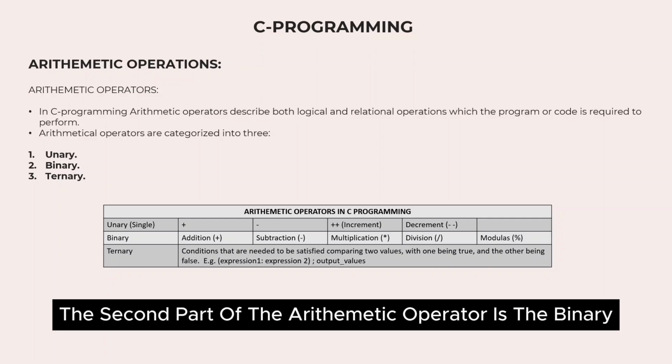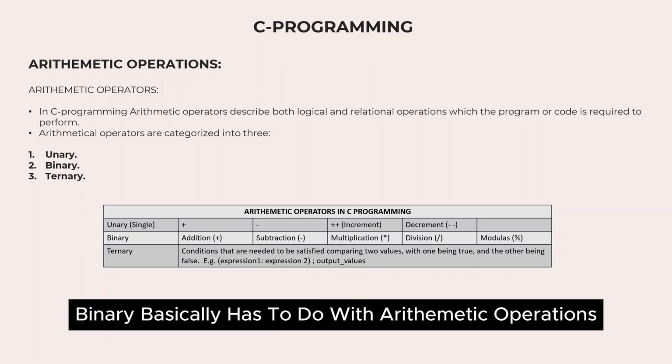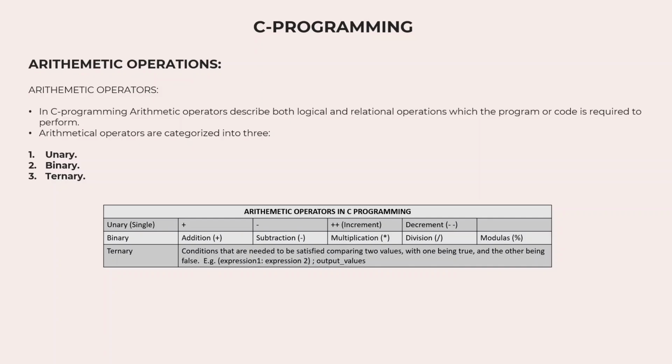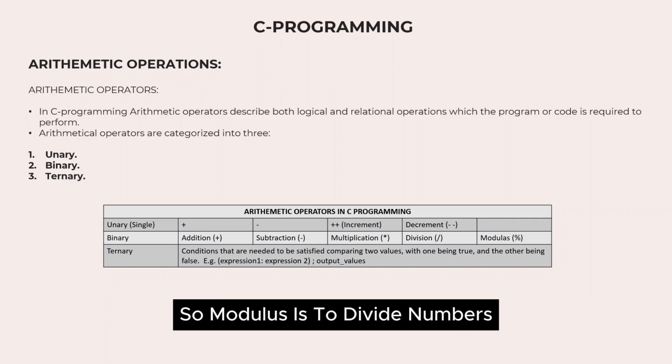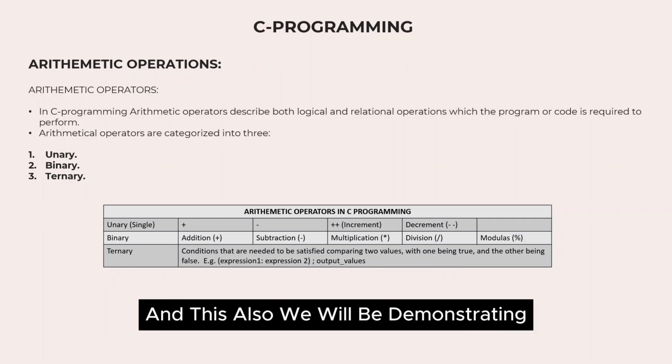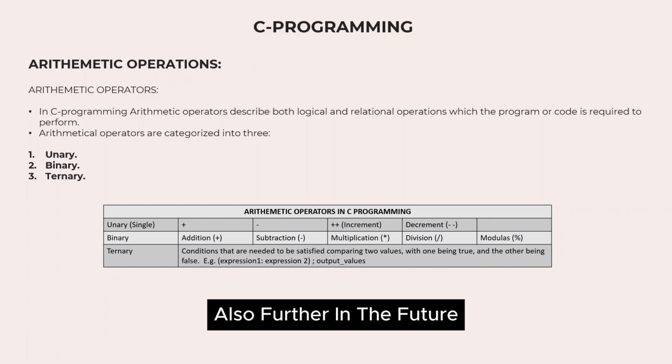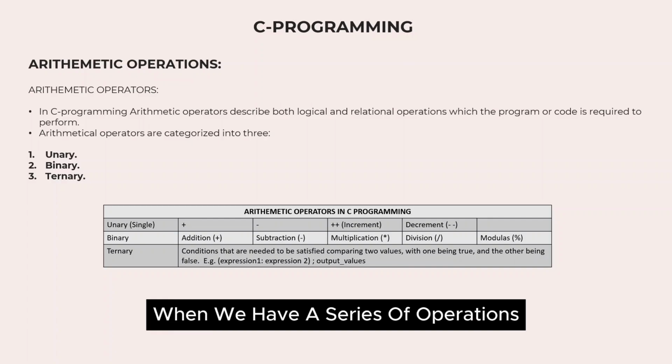The second part of the arithmetic operator is the binary. So binary basically has to do with arithmetic operations such as addition, subtraction, multiplication, division, and the modulus. So modulus is to divide numbers and retain the remainder value. And this also will be demonstrated further in the future when we have a series of operations we want